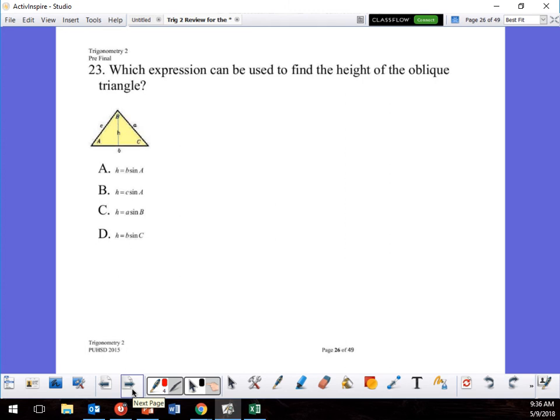Okay, which expression can be used to find the height of the oblique triangle? Okay, so given the triangle, I can look at this from either A or C. So from here or here, it doesn't matter. So if I'm looking for H, so from this side right here, just look at it right there. So from here, this side is the